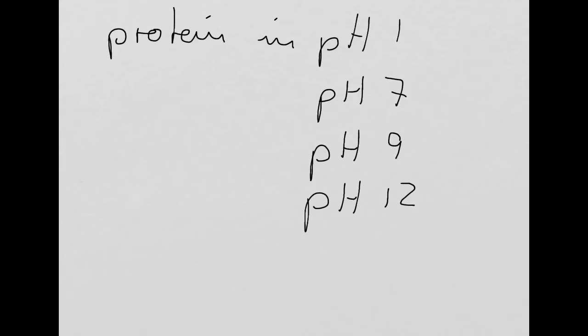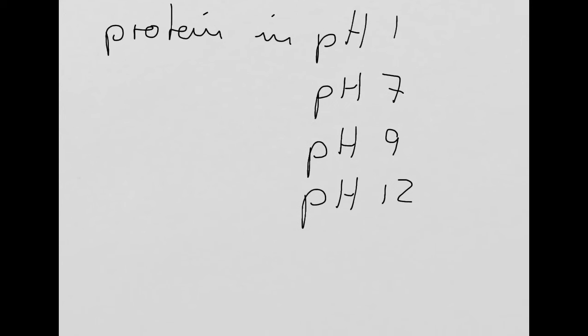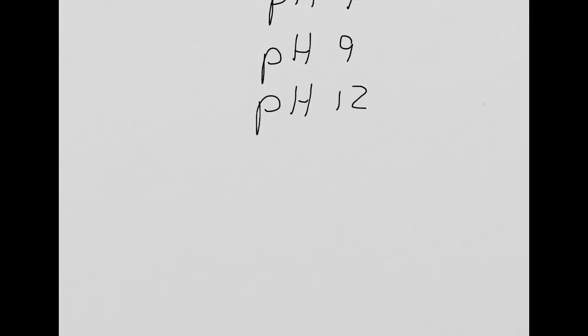And I want to see what happens to my little cysteine there. How can I deal with that? Again, we have the lovely Henderson-Hasselbalch equation. So we can calculate what the cysteine does. So, for example, at pH 1,